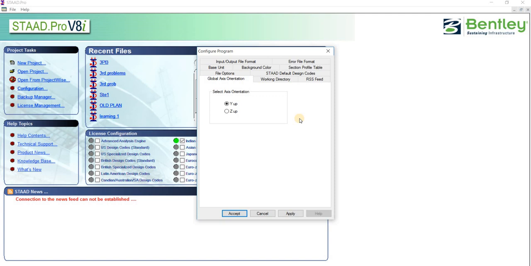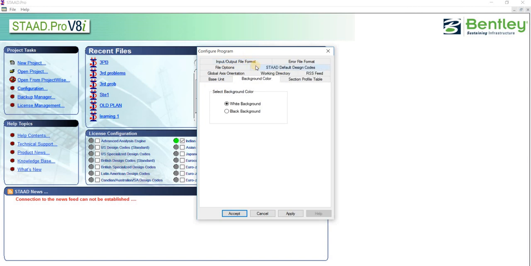When we select Y up, the vertical axis will be named as the Y axis. If I'm taking it as Z up, then the vertical axis will be named as Z. Here I want my vertical axis to be Y, so I'm selecting Y up.